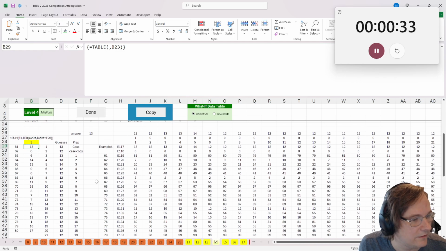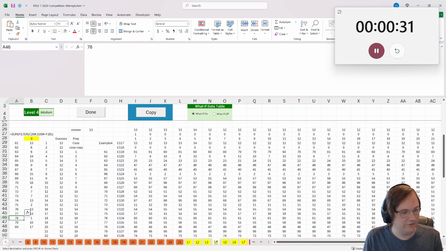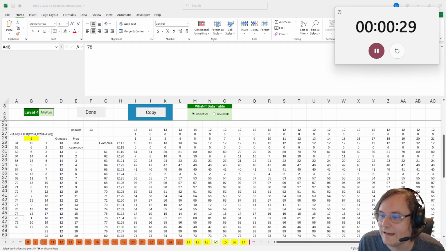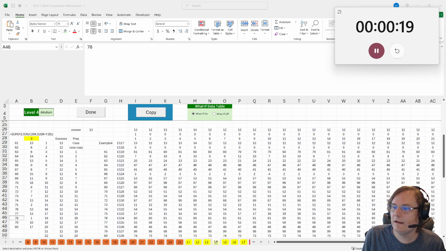So I'm looking for the one that only 1 player got correct, and I'm returning the game number, which is 78. What was the only game number that there was one game number that all players